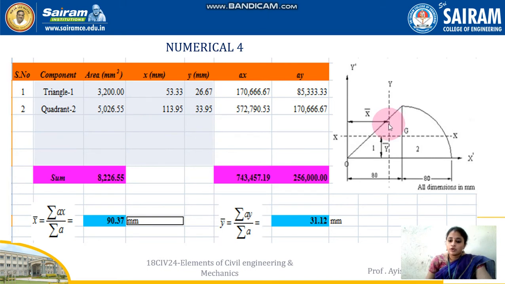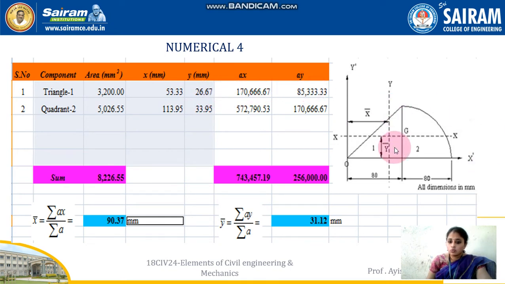And the same for y bar also. This is the greater intensity part, you just rotate and see, and this is the lesser intensity part. So obviously this particular portion is 1/3 distance and this lesser intensity part is 2/3 distance. So y1 is 1/3 distance of 80, which means 26.667, whereas the x distance is 2/3 distance of 80, that is 53.33. Just plot it down and write Ax and Ay for it.